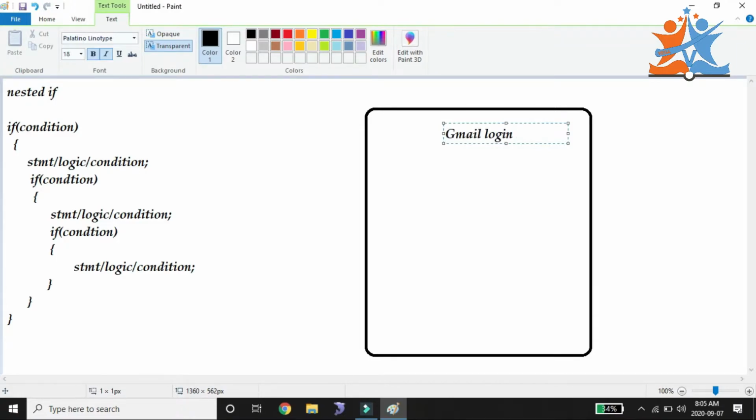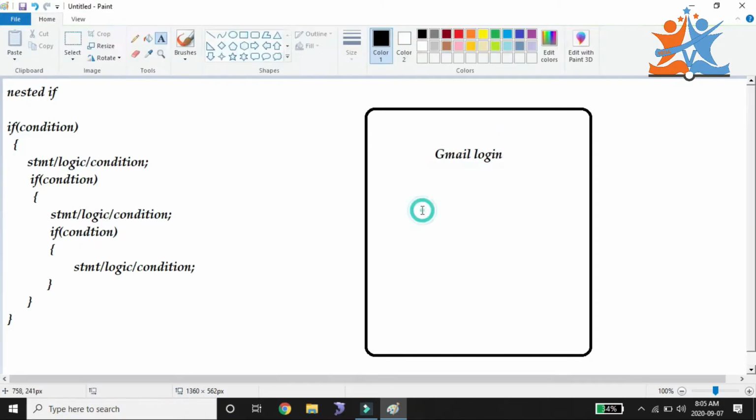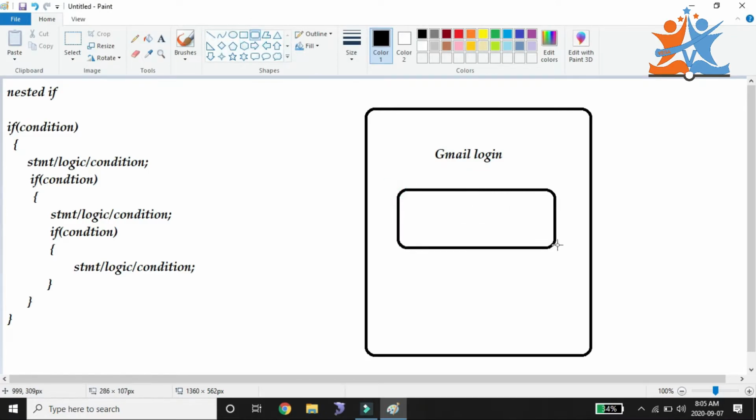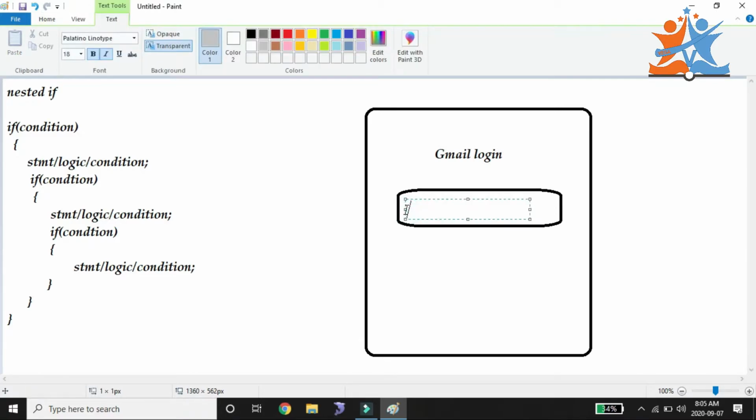If you observe the present Gmail login page, we have one input box. In that input box we have information like enter email, or only email we have.